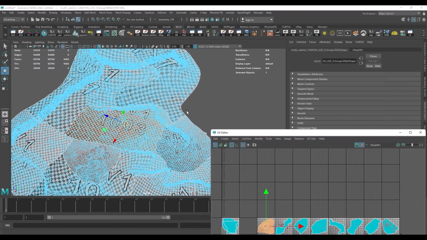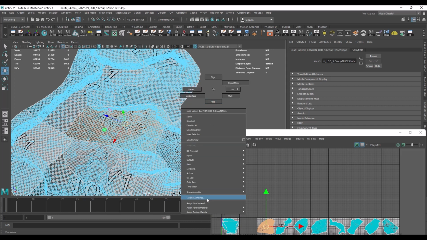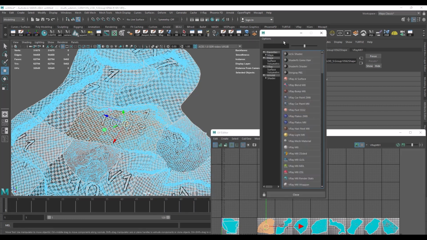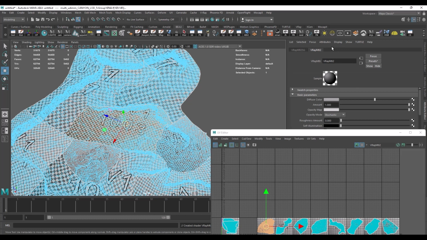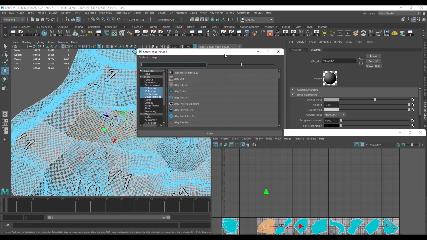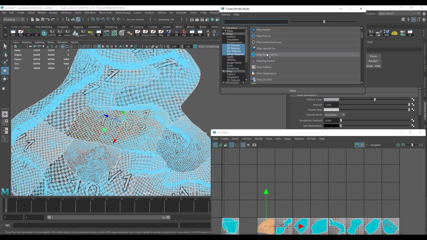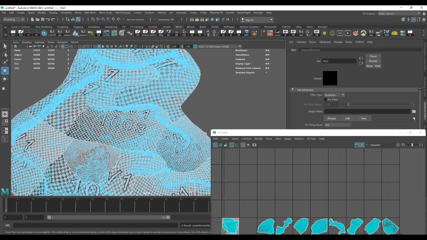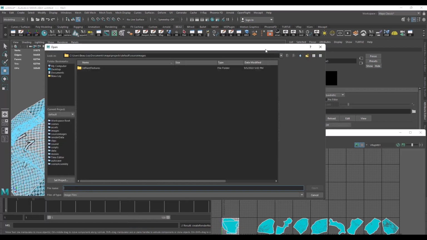If you want to just right click anywhere, go down, assign new material, bring this up, and basically, yeah, just assign the material for 1003 in that slot, and plug in a file, and then we'll go to